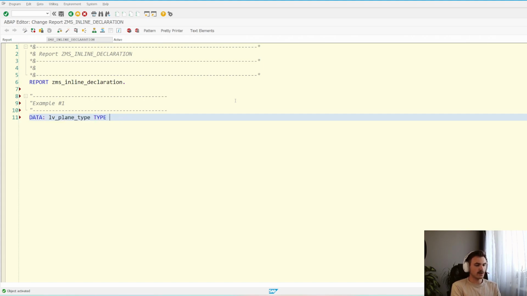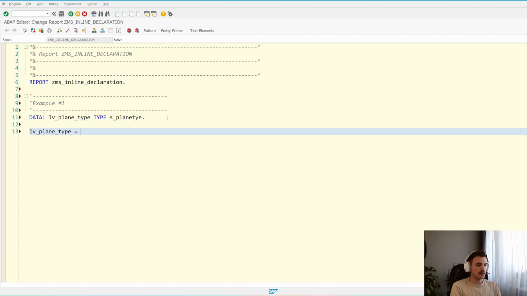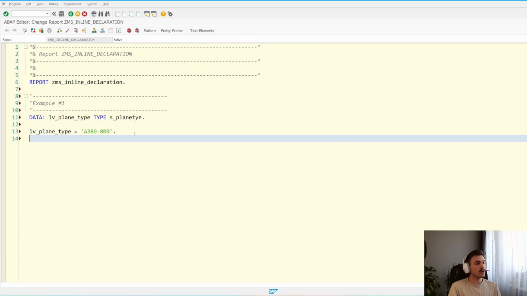It's gonna be of type S plain tie. That's the usual way to declare a variable, and you would then assign a value to it. Let's say it's gonna be a. This is like one of the values of a plain type,